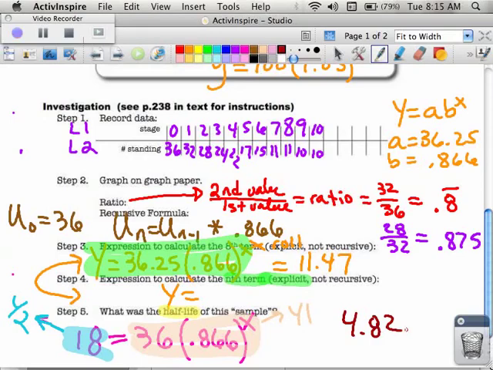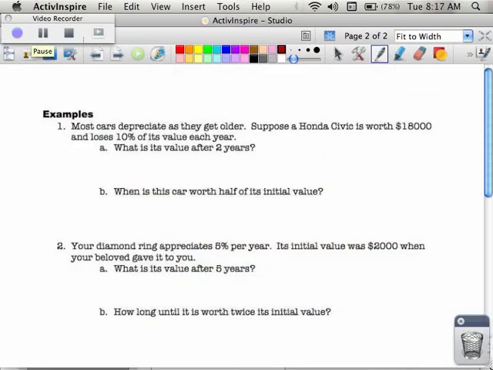Now, this is talking about how many rolls on the dice it would take for this stuff to happen, based on what we were talking about on page 238, which we didn't actually open our books and look at. But that means about 5 rolls of the dice is when you would expect to be half of the people standing. So, for example, if I started asking questions in class and that question was answered and a certain number of people sat down every time I rolled the dice, the time that there would be 18 people left standing would be roughly about the 5th roll. That's what it's saying. So an example